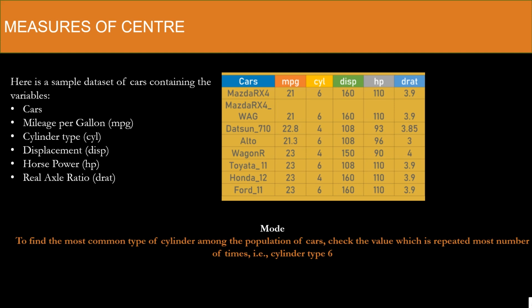So take a look at the data set. You can see that the most recurring value is 6. We have 1, 2, 3, 4 and 5, we have 5, 6, and we have 1, 2, 3. We have 3, 4 types of cylinders and we have 5, 6 types of cylinders. So our mode is going to be 6, since 6 is more recurrent than 4.